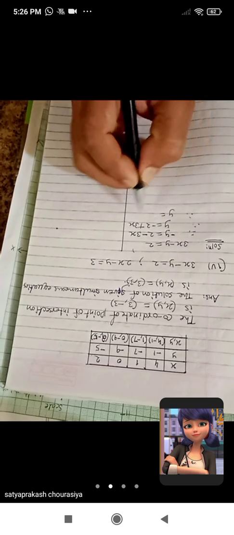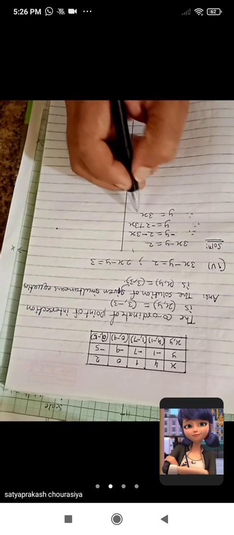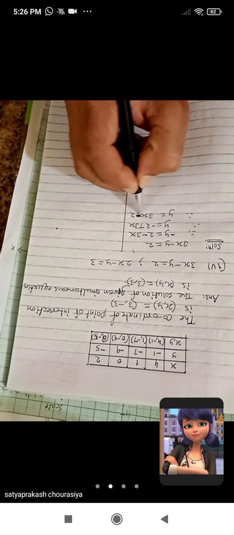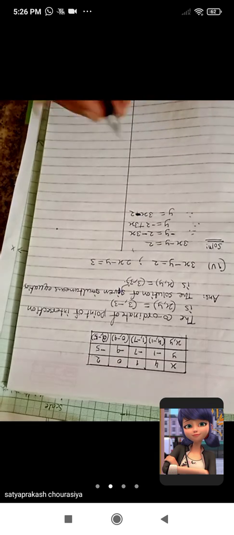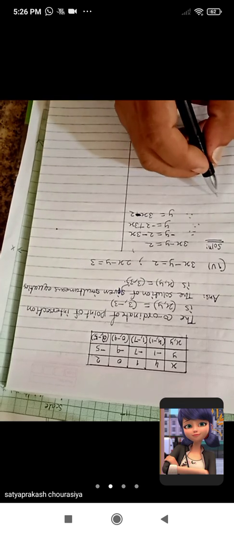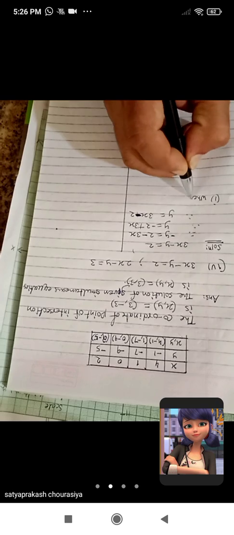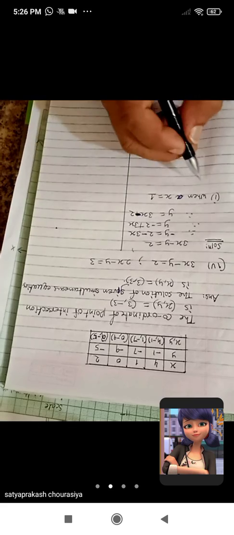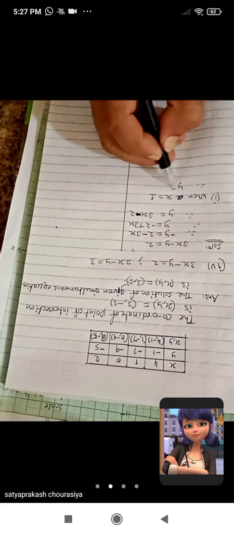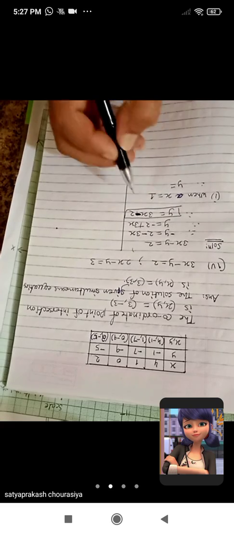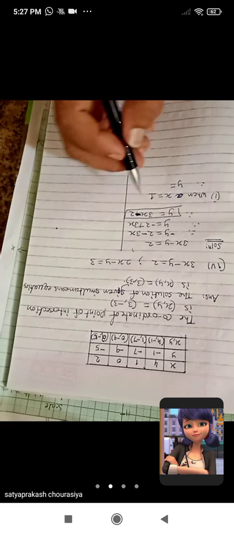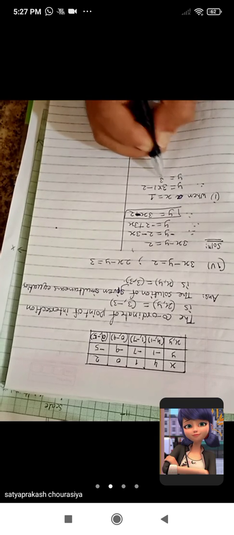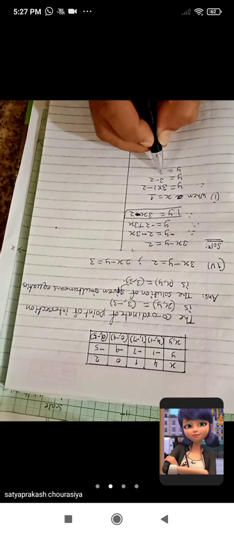Now again arrange the equation. Now bring the 3x to the first position on the right hand side. Now this becomes minus 2. Now take four different points. First point, when x is equal to 1, substitute the value of x in this arranged equation. So y is 3 into 1 minus 2, so y is equal to 3 minus 2, so y is equal to 1.